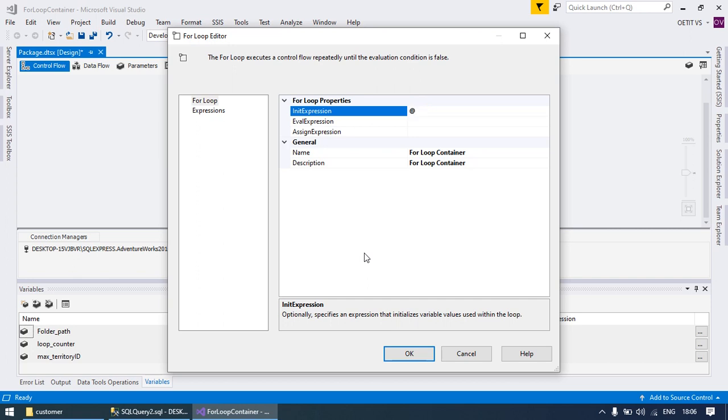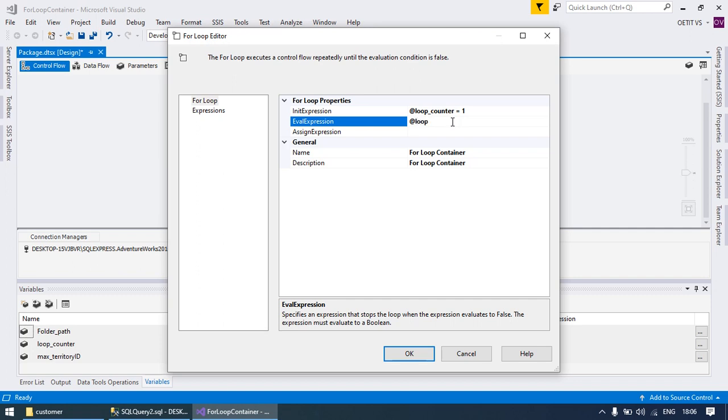So the variable will be initialized with the @ sign. We have taken the loop counter variable equals to 1. Loop counter will start with 1,